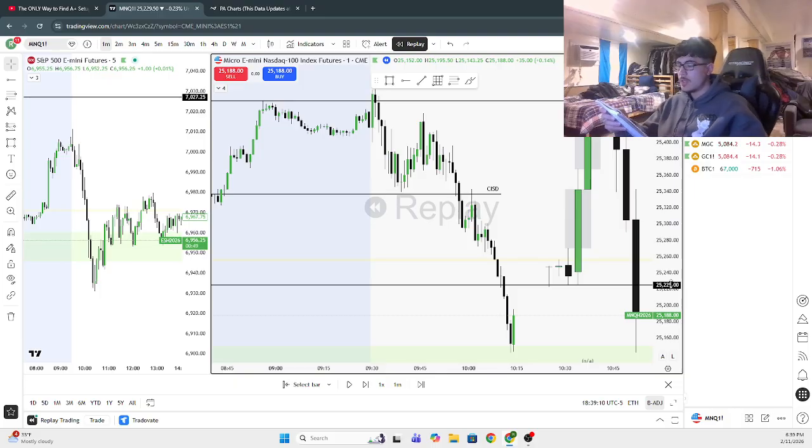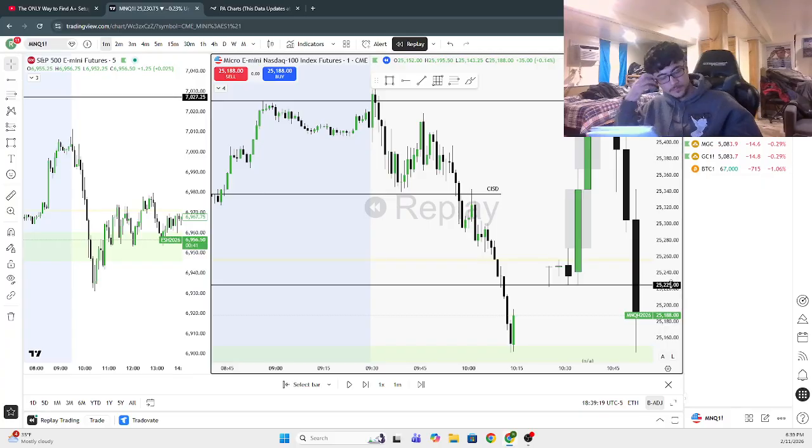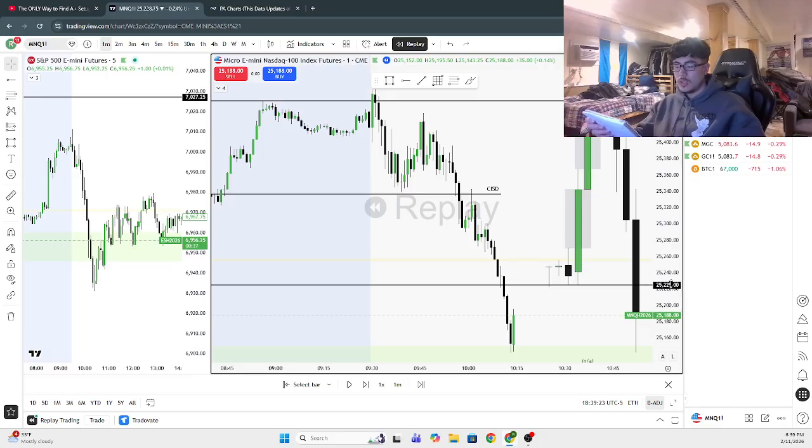My higher time frame bias was bullish, but I ended up flipping bearish once I seen price was disrespecting the higher time frame fair value gaps, and we got the sweep of previous day high. My lower time frame bias really switched me to bearish because everything was respecting the bearish narrative. And then